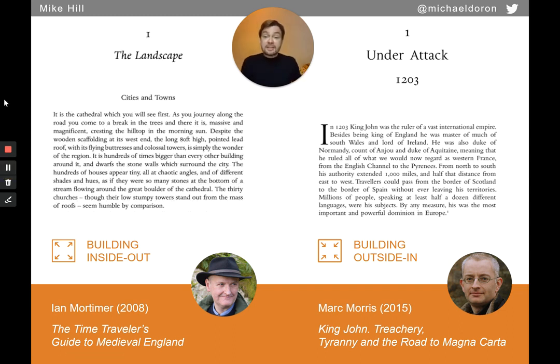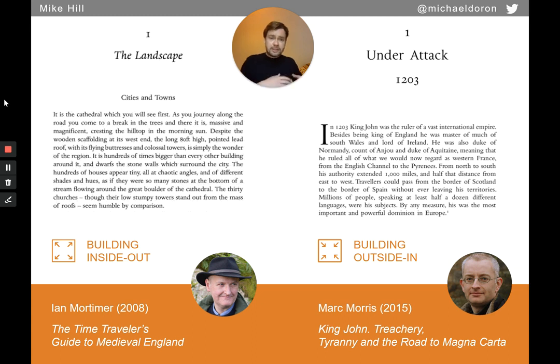You will see that Mortimer starts off in a really small area. It throws us straight into the alleys of medieval Exeter and gives us a sense of what it looks like. But when you read the rest of the book, he doesn't stay in that place. He gradually builds outwards. He takes us to medieval London, and from there he takes us out into the countryside and the towns and the villages and the farms. So he gradually builds that world inside out.